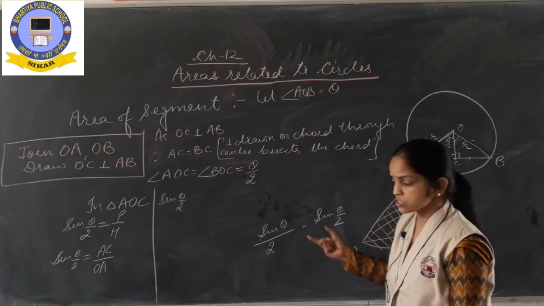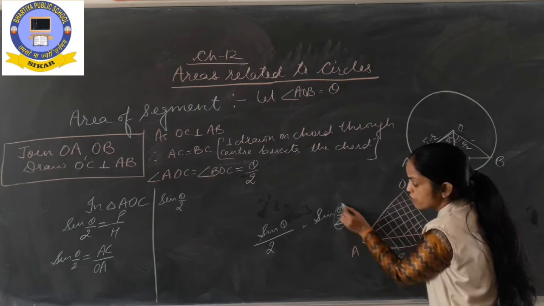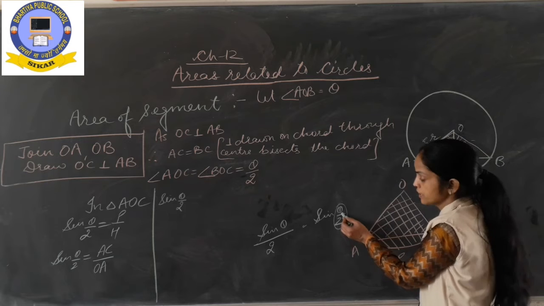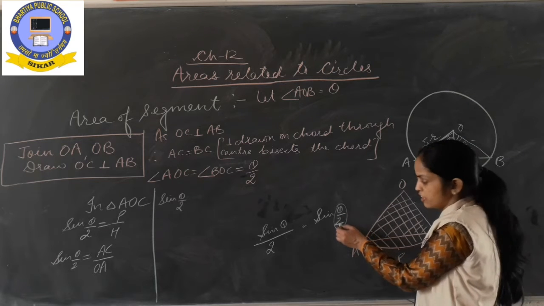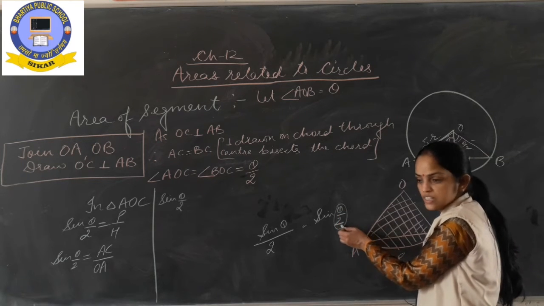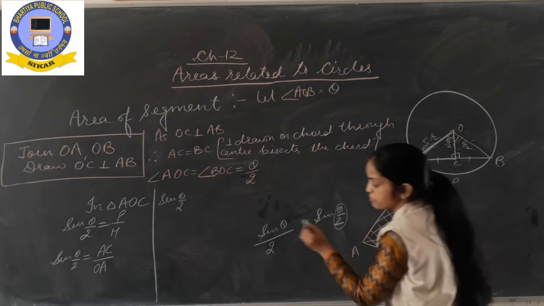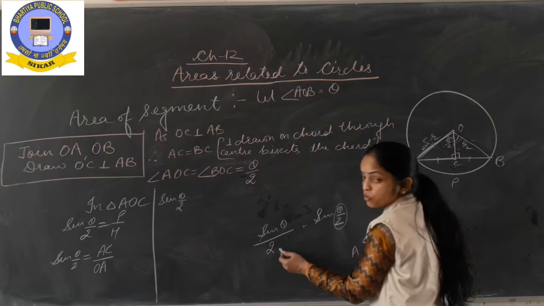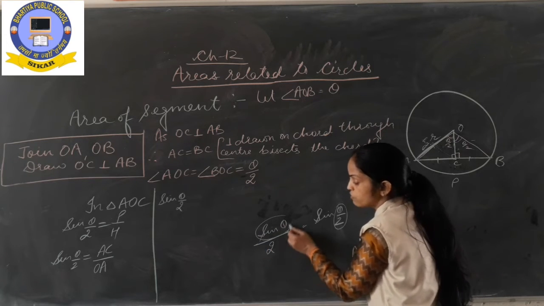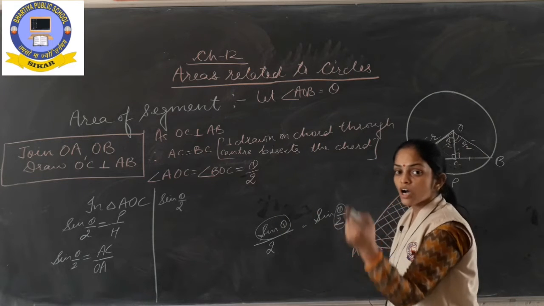Please don't get confused. Here we are applying half of angle theta upon 2. That means हम angle का half कर रहे हैं. If theta is 60 then 60 upon 2 is 30. Sin 30 की value find करनी है. And sin theta whole upon 2 means whatever value we will get for sin theta, उस value का half.